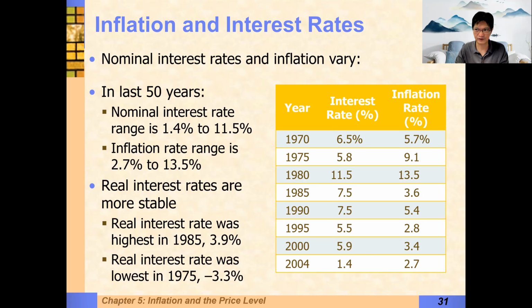But the real interest rate, that is the difference between the nominal interest rate and inflation, tends to be more stable. It was about 1% over this time. It went from negative 3% to about positive 3%. Now, why did it go negative? I'll talk about that in a while. But the point I'm making is that real interest rates tend to be more stable than nominal interest rates and inflation. Real interest rates being the true cost of capital.